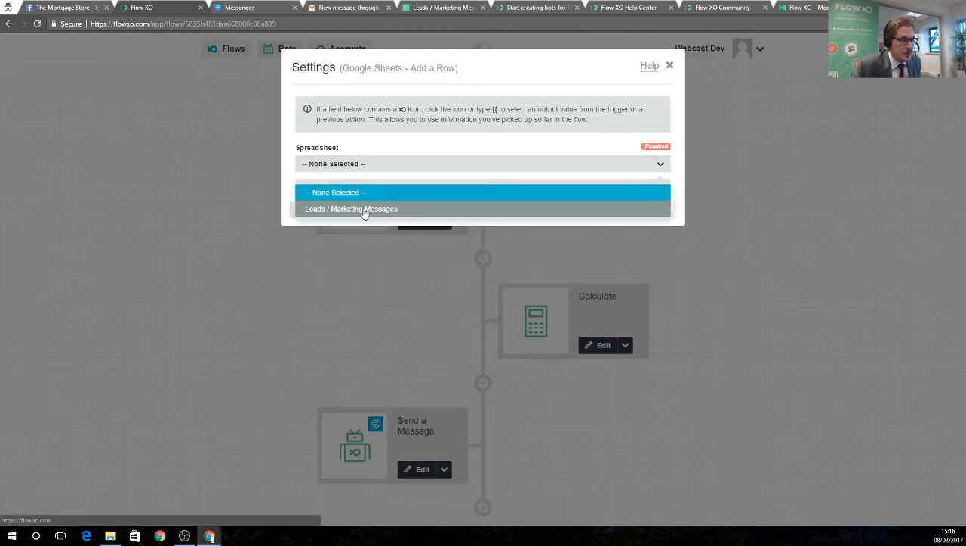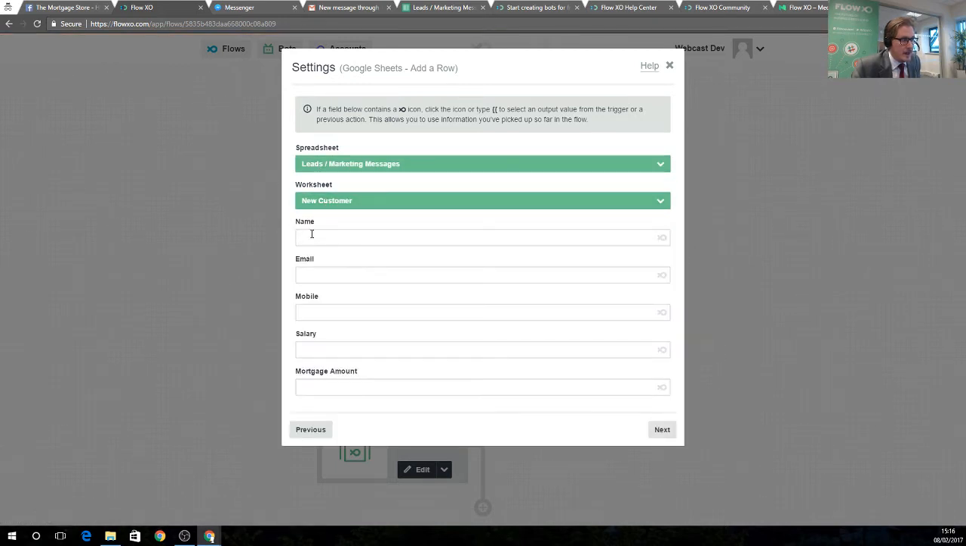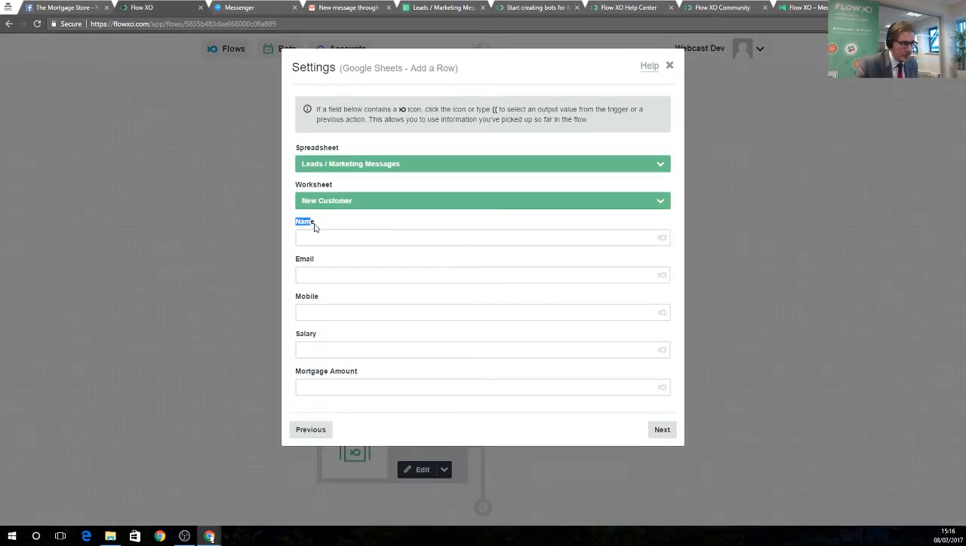and I just need to choose leads or marketing messages, my worksheet of new customer, and you can see here I've generated some inputs. Now the really important thing to understand is that this is my Google Sheet, and you can see that having set that up, FlowXO can recognize what the column headers are in that spreadsheet. So back in FlowXO, it's automatically generated the inputs for me, so I can add a new row into that